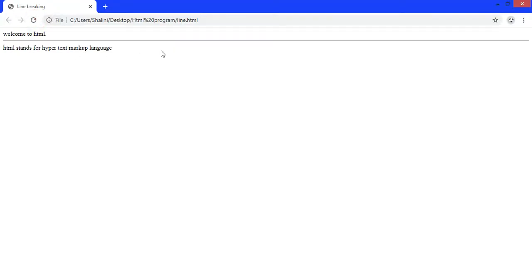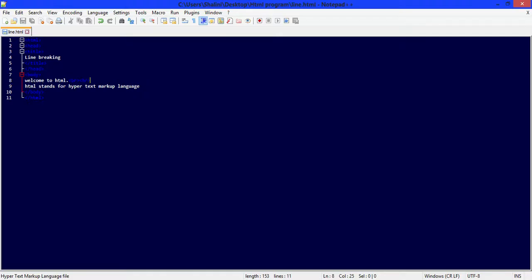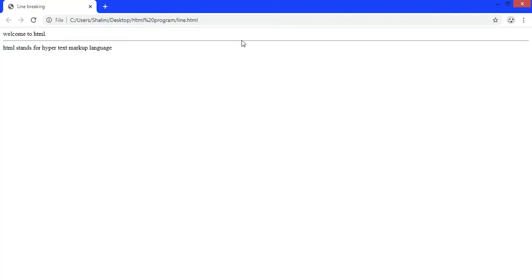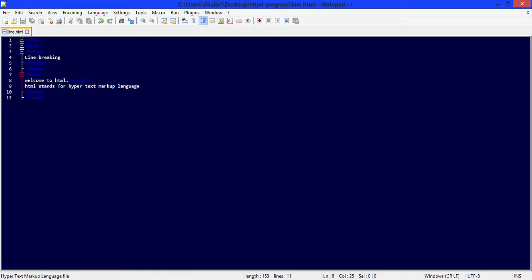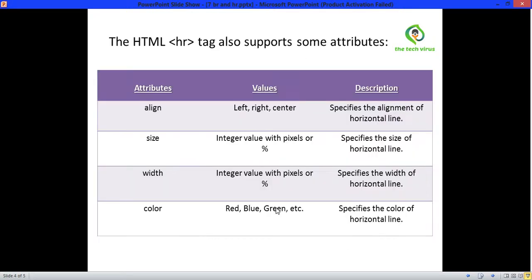See, this is a line. This line is drawn with the help of HR tag. Okay, means HR tag is used to draw a horizontal line. Now see, there are some attributes supported by HR tag.